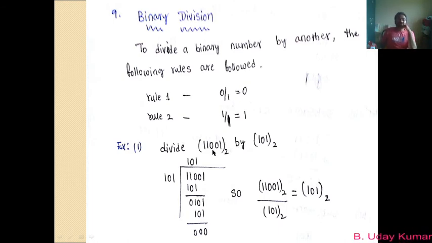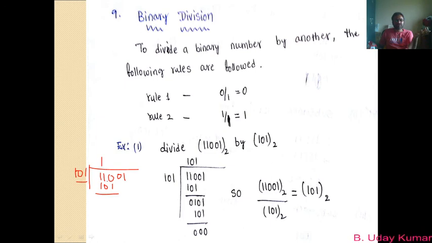Now let us try to divide 11001 by 101. To make it clear, let me take the marker here. Let us try to understand it step by step, so that it will be easier for you. Let us try to divide 1 1 0 0 1 with 101. Remember in division the multiplication also comes. So 101 when multiplied with 1, how much do you get? 101 itself. So you just take it down, 101.